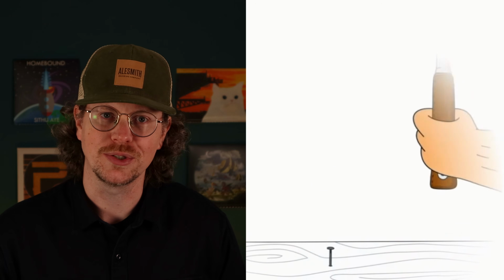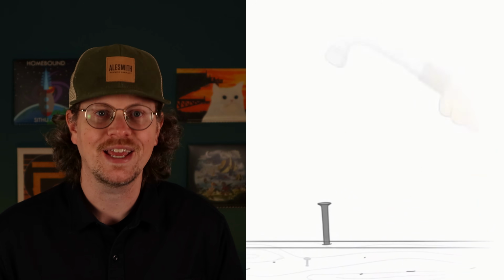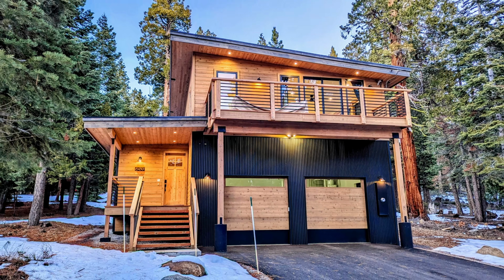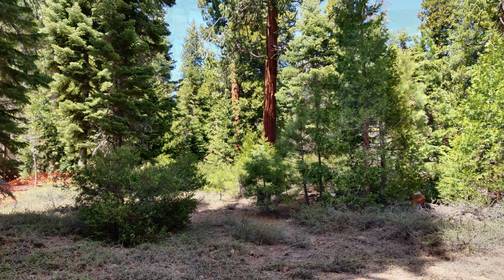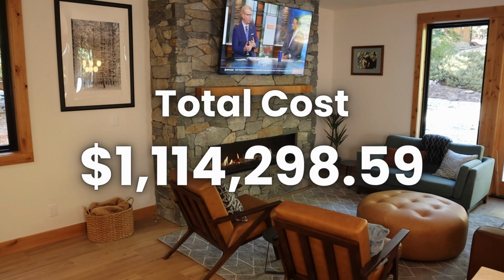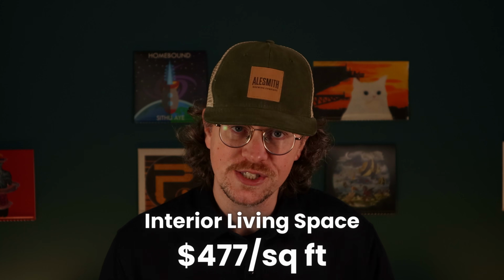To be fair, he was by far the most reasonably priced builder out of the dozen bids that I got, and he stuck to his original quote. So when we add up everything, the total cost to build my cabin in Lake Tahoe, including the land, was $1,114,298.59. To break that down a little bit more, if you don't include the garage, it works out to $477